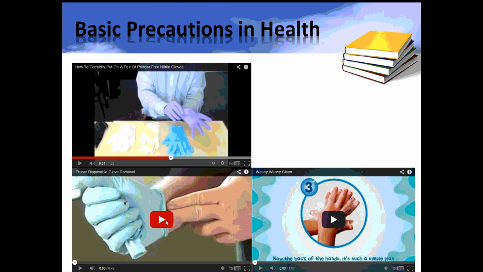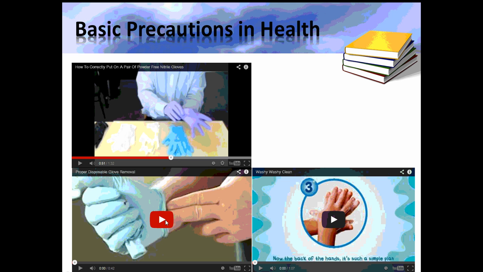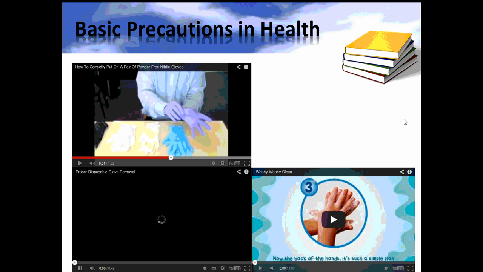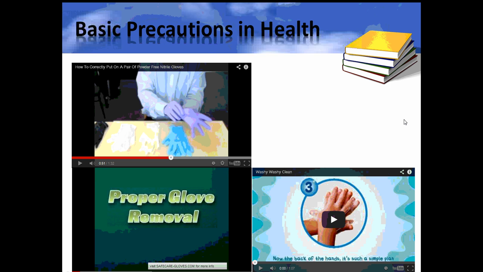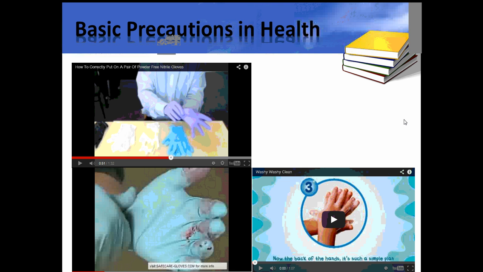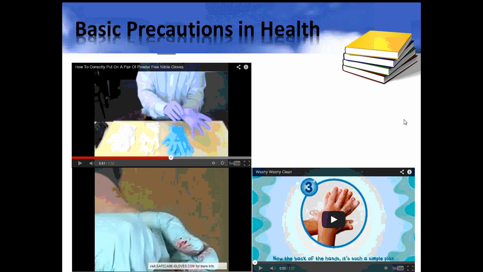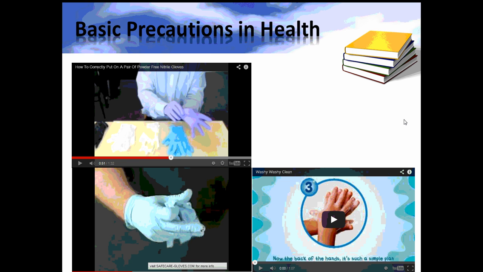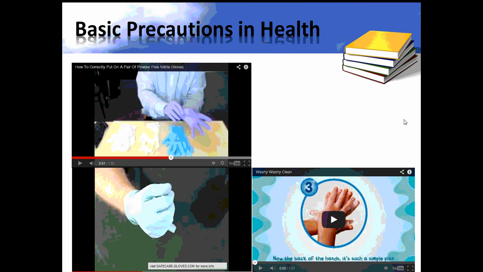The other part of wearing gloves is making sure that you dispose of them and take them off properly. There is a technique to proper glove removal, and it's important that you follow these steps to prevent the spread of pathogens. So you hold the glove at the wrist, touch only the outside of the glove, roll it up into a ball,